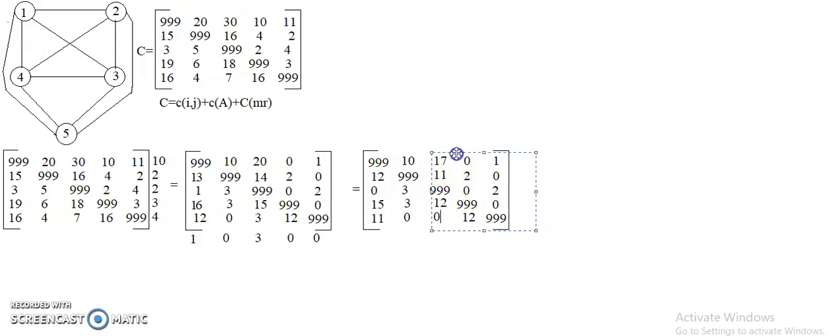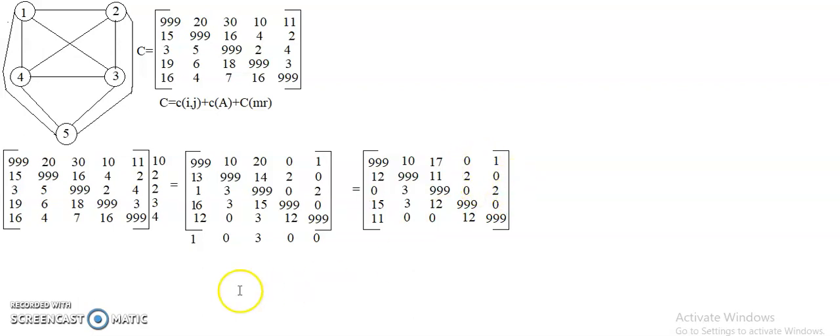So what basically matrix reduction you are going to do here means we are going to see to it that in each and every row and each and every column at least one 0 will be present. So you can observe here, this is your initial cost adjacency matrix. After reduction of rows and columns, the final matrix has in the first row a 0 element, in the second row a 0 element, the third row a 0 present, the fourth row again a 0 element, the fifth row again a 0 element. Similarly for the columns, the first column has a 0 element, the second column has a 0 element, the third, fourth and fifth columns each have a 0 element.